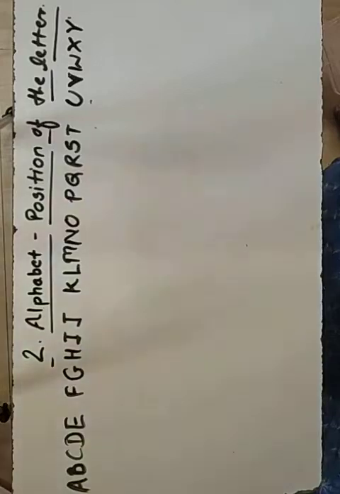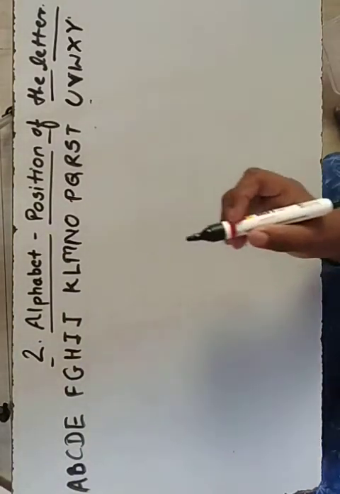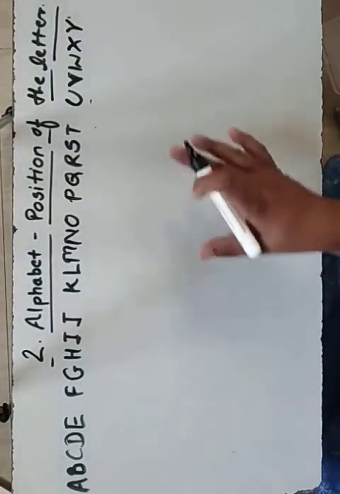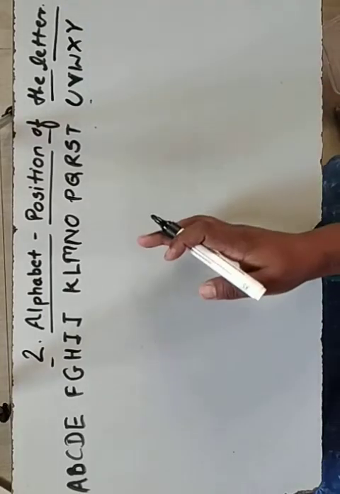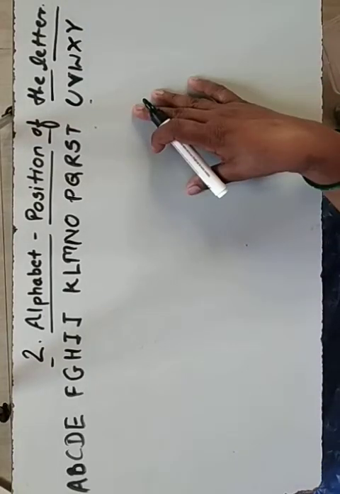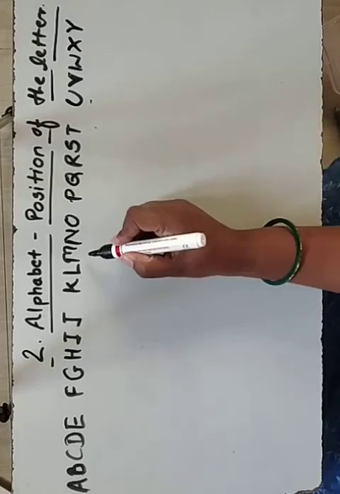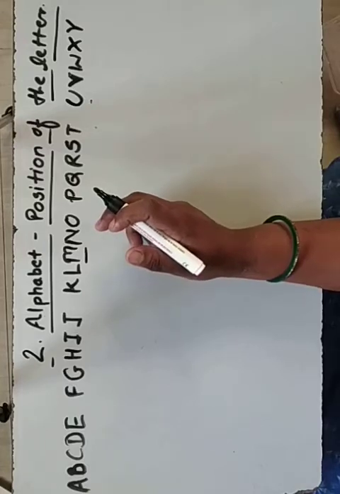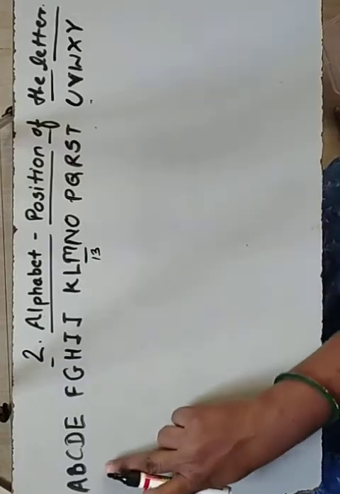And first of all you must know which is the middle letter of this alphabet series. If you see here, total how many letters are here? Z we are not taking in this alphabet position of letter. So total here 25 letters are there. In these 25 letters, the middlemost is M. M is at which position? 13th position. M's position is 13. That you must know.